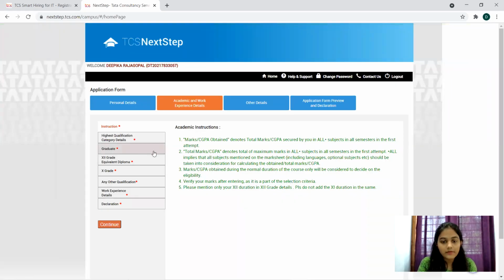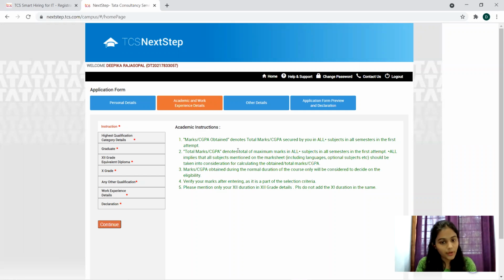That is, first, all the instructions are given. So when you get on to each section, it is very important to go through the instructions provided, because you don't have to make any mistakes in that. If you make any mistakes, then it will definitely affect your registration process, thereby your selection process. You may not be able to attend this drive. So be mindful regarding that. I'm just repeating it here. You watch this video, and once you're going to register, just go through the instructions as well.